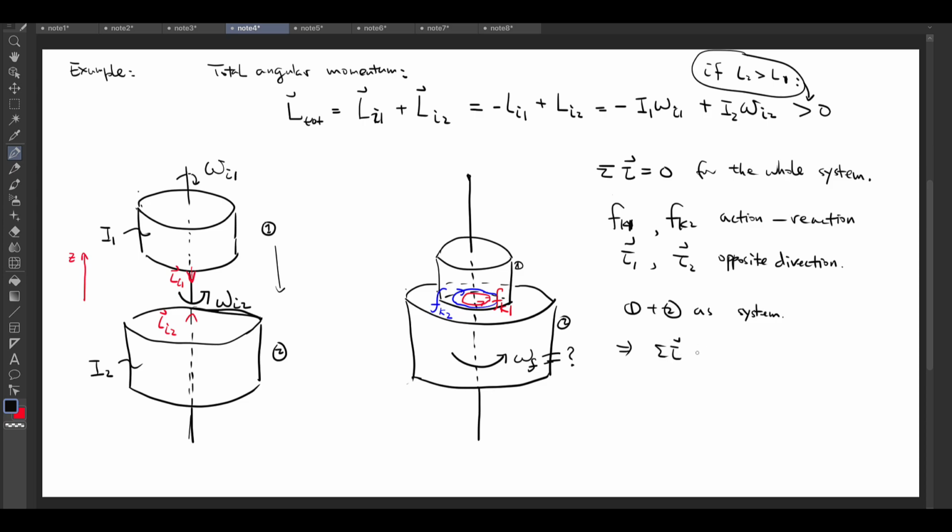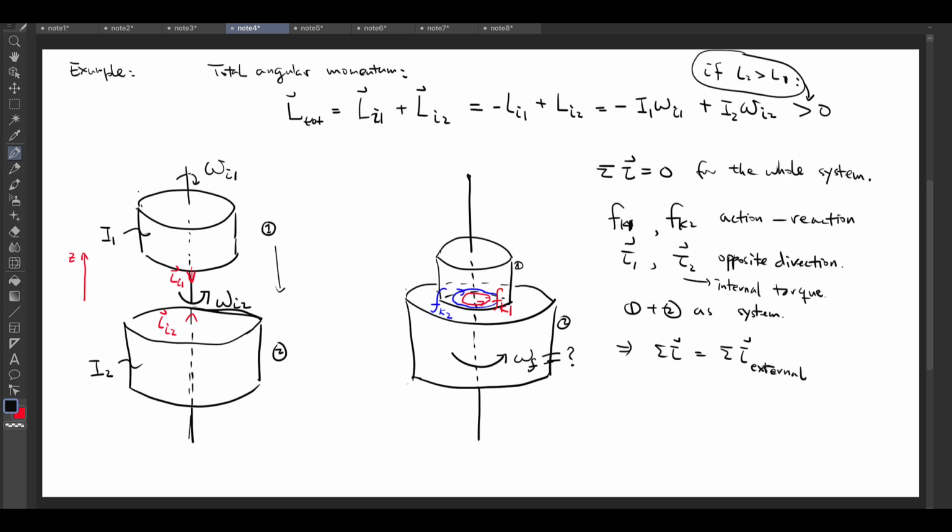The net torque here is from all the external torques, and these tau 1 and tau 2 from the friction force between 1 and 2 are internal torques,